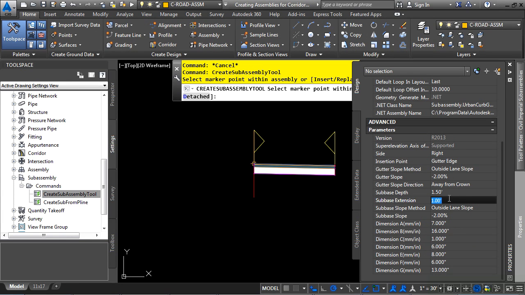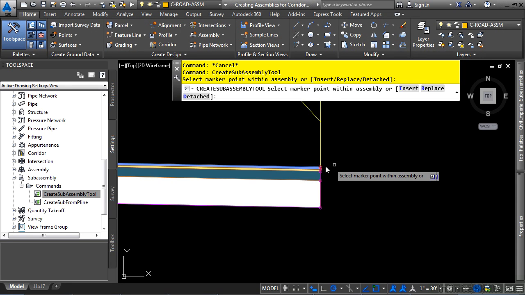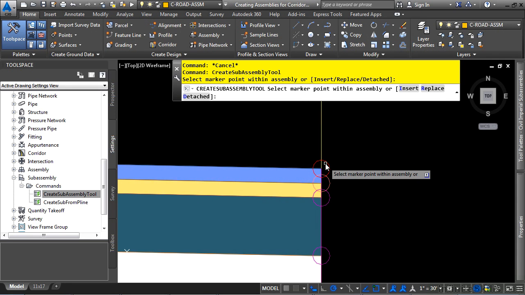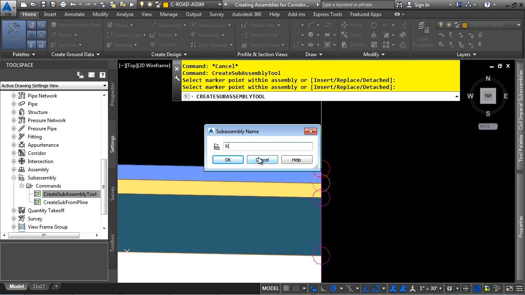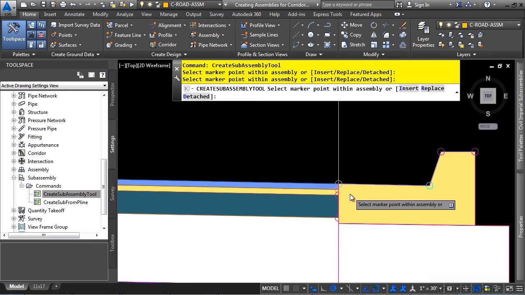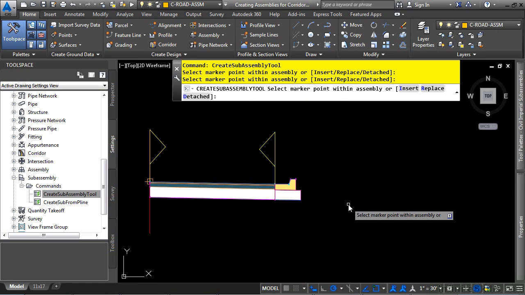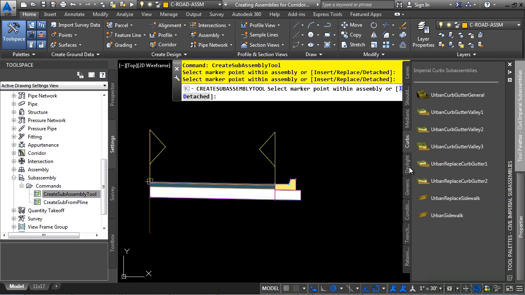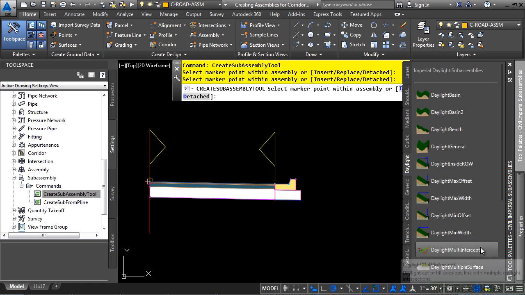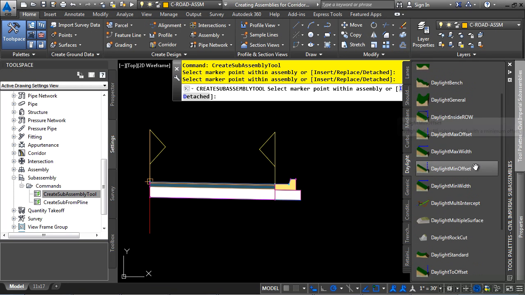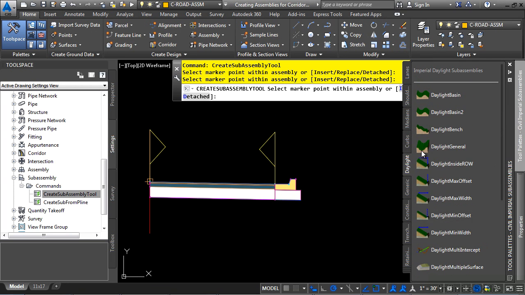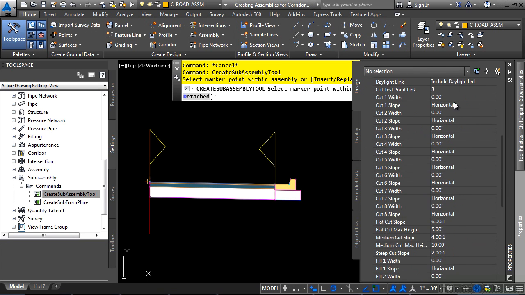Let's say we want to change the subbase extension to 0.5. Press Enter. We'll zoom in, making sure that we get the correct point, and click on it, and then for the name, we'll call this RT_curb. Click OK, and there's our curb. Lastly, let's add a daylight subassembly. As you can see, there are many daylight subassemblies that you can choose from. We'll pick Daylight General, navigate to the Properties palette, and notice all of these different parameters